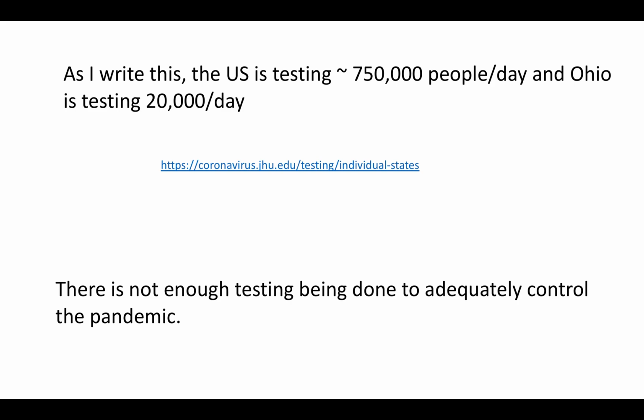Okay. In the United States, the U.S. is testing about 750,000 people a day, and Ohio is testing about 20,000 people a day. And you can go to Johns Hopkins University using this link to find out how many people are being tested per day and what is the positive rate per day. That's not enough. That sounds like a huge amount, and it is a big effort, but it's not enough testing to adequately control the